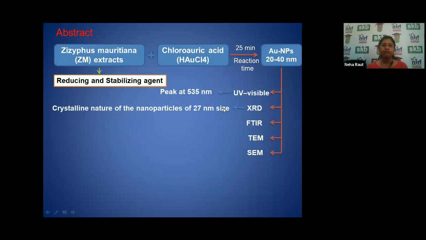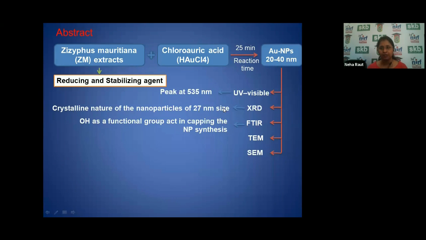XRD results give us an idea regarding the nature of nanoparticles, that is, the crystalline nature of nanoparticles of 27 nanometer size. So we can even calculate the size by using XRD. The first thing to determine is the nature of that particular gold nanoparticle, is it crystalline or amorphous. FTIR played a major role,